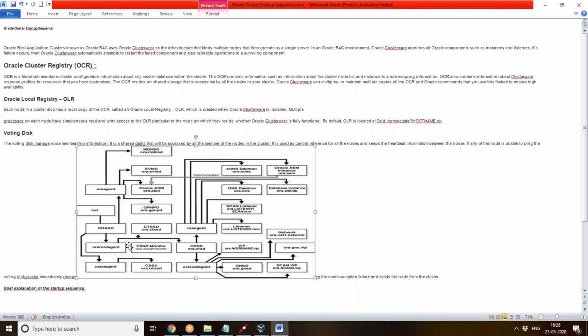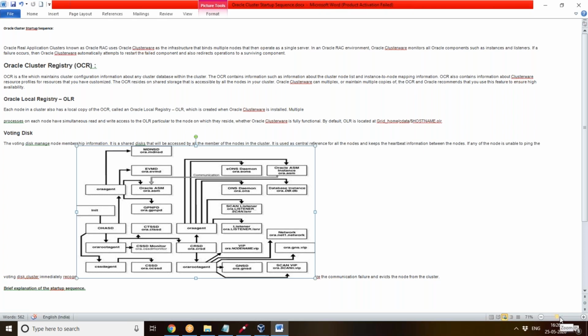So what do you mean by this? CTSSD means what? Cluster Time Synchronization Services Daemon. Means for example, some 4 nodes are there, they should maintain the same time between those nodes, otherwise inconsistency will prevail, isn't it? So to avoid it, the CTSSD will take care of that.